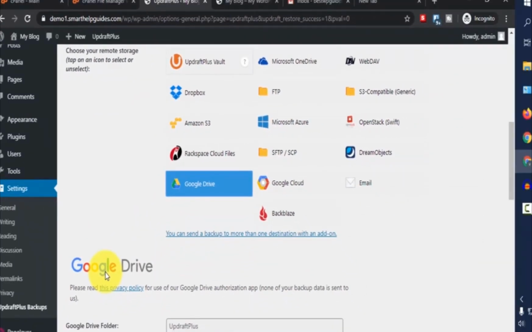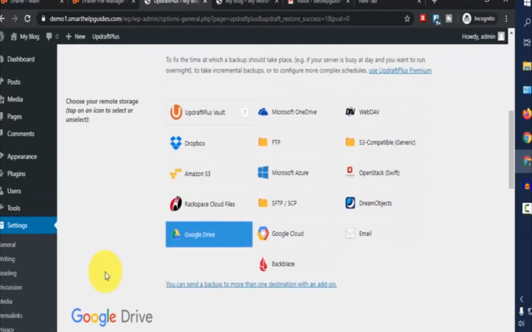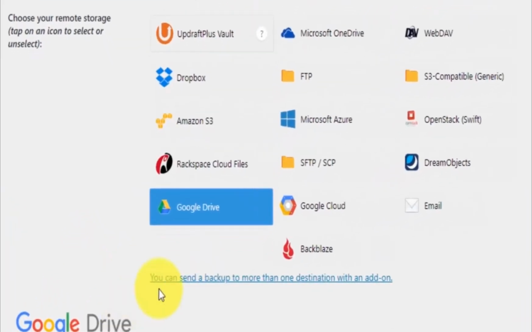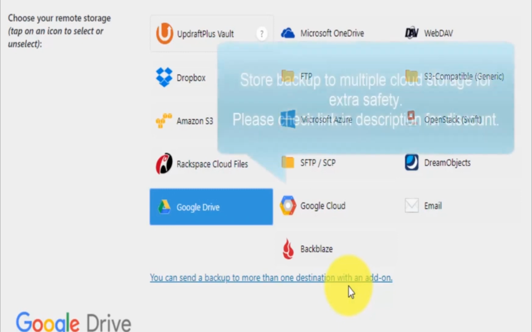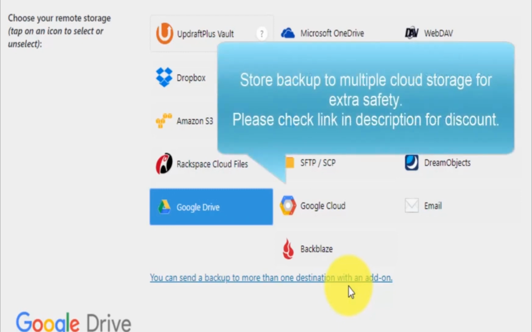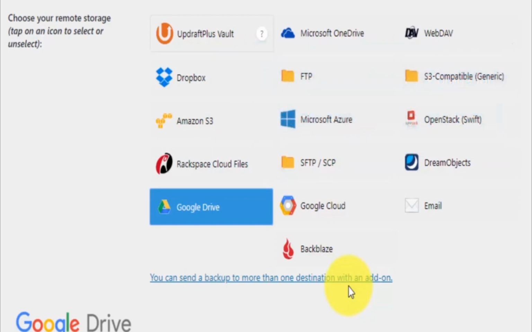So I am clicking Google Drive. You can send a backup to remote storage. Storing backups in multiple cloud storages for extra safety depends on you.